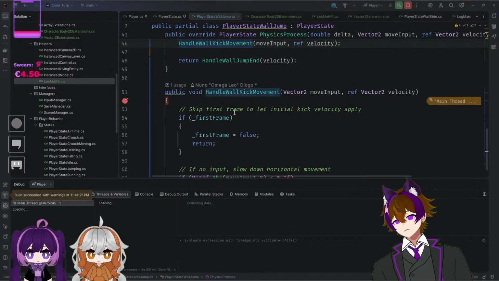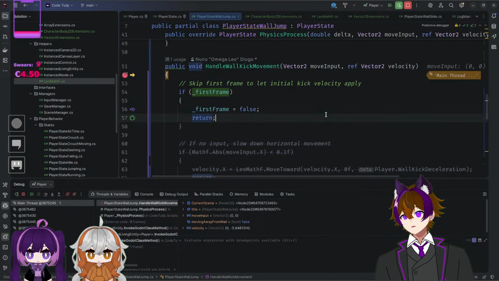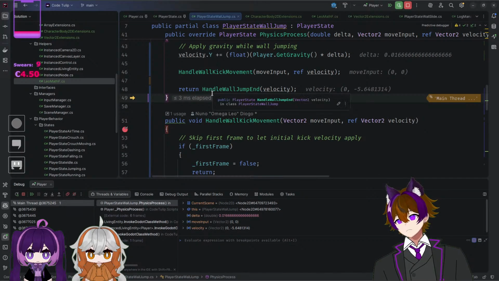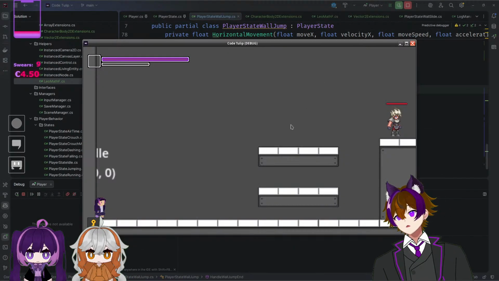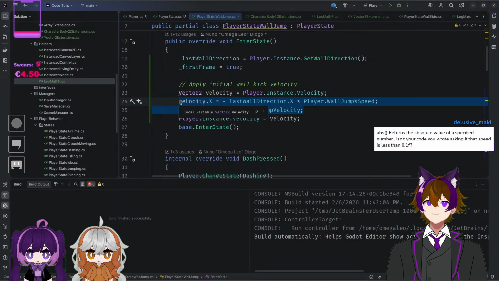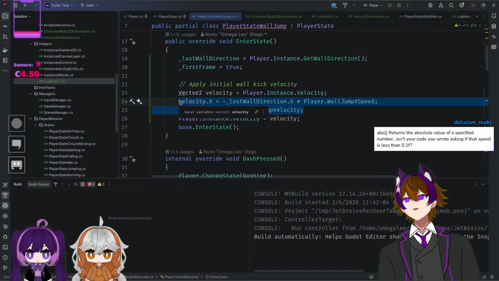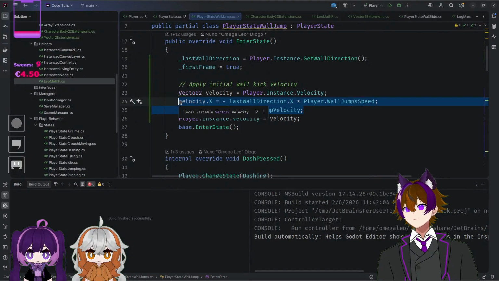Okay. We go here. What is the velocity at this point? Okay. Could it be that I'm doing the velocity the other way around? Because that was one of the issues I had. My velocity was basically... No, but the velocity on the x is 0. So that might be it. That thing is resetting the velocity. This here. Abs returns the absolute value of a specified number. Isn't your code asking if that speed is less than 0.1f? No. In this case, it's the move input. So if my movement input is bigger than 0 or lesser than 0, meaning right and left,